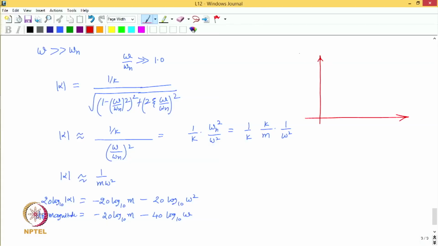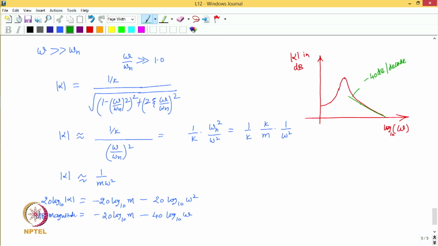So, if we plot here the alpha in decibels and here we plot the frequency, and if this is the magnitude plot, and also we are plotting this on a log scale, that is log 10 omega, on a logarithmic frequency axis. Then what we see is that in the high frequency range this magnitude plot can be approximated by a straight line like this, and the slope of this line is minus 40 decibels per decade,